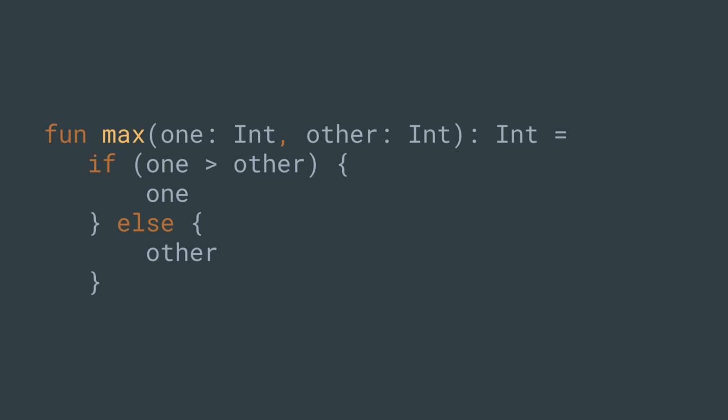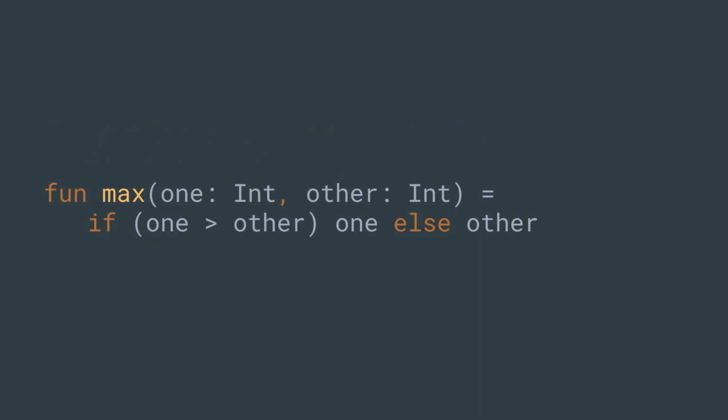But there's still something we can improve in this function. Both one and other are ints, and we always are returning an int there. So why do we really need to specify the int return type? Well, the answer is, once again, we don't. And we can simplify this function even more. And if we actually want to take the extreme on the one-liner notation, we can just do this. They don't have a ternary operator. They're still debating on whether it's a good practice to include it in the language or not, but for now they don't have it. So this is the compact version of that function.